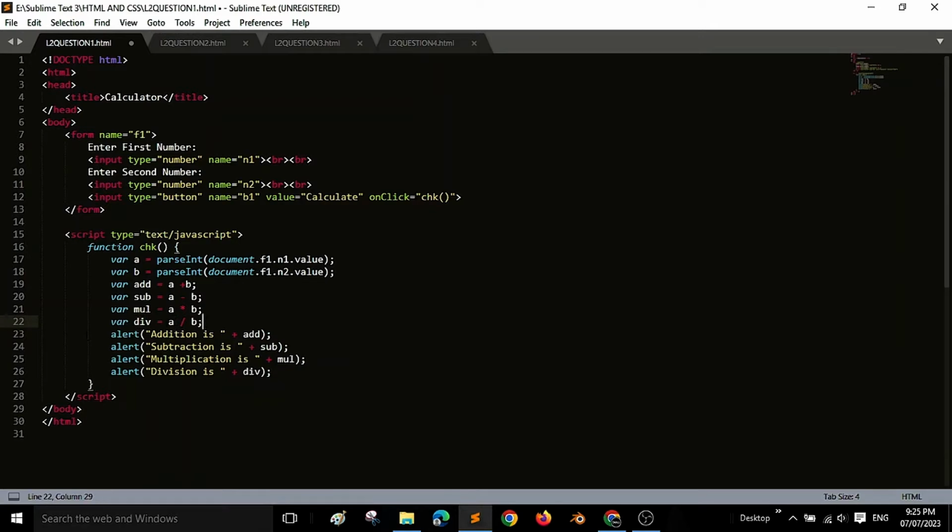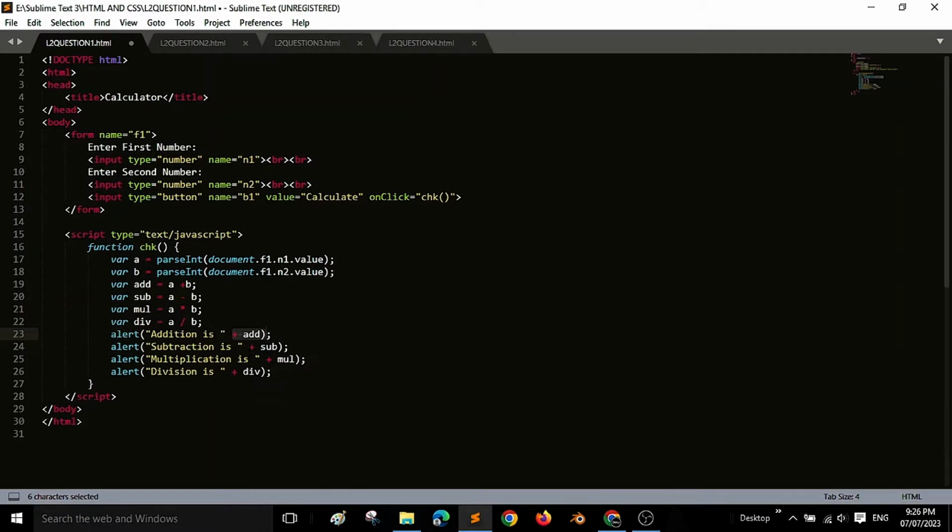Now later on you can see that four alert boxes are mentioned here, which will perform the task of displaying the result, or basically the calculation part. I'll explain this. You can see that alert addition is added. By writing alert addition is, it will show that addition is this, subtraction is this, multiplication is this, and division is this.